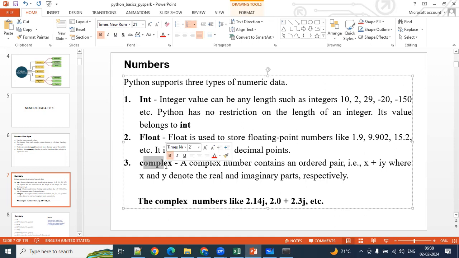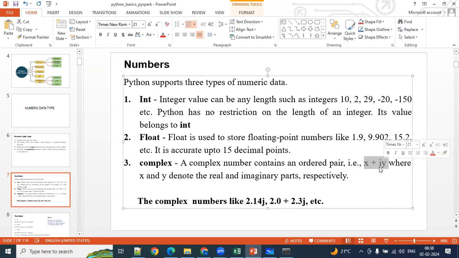You know already, in childhood days we used to write complex numbers, right? a plus ib. We used to represent complex numbers in x plus iy format or a plus ib. But in Python, we are not supposed to represent it in this way.